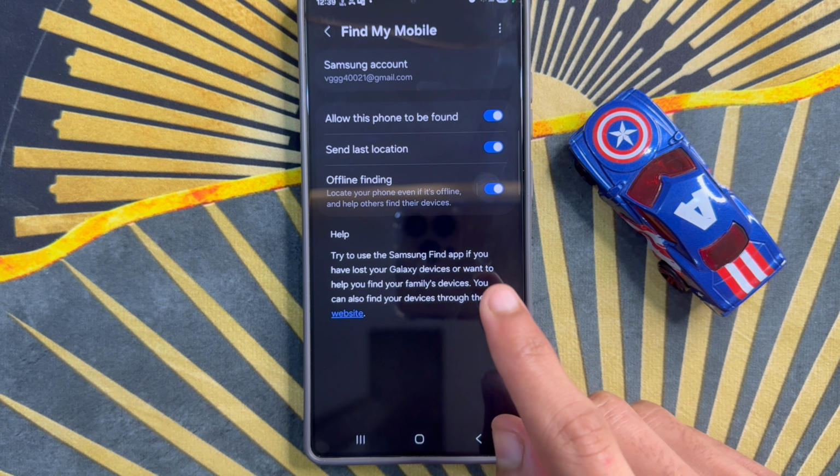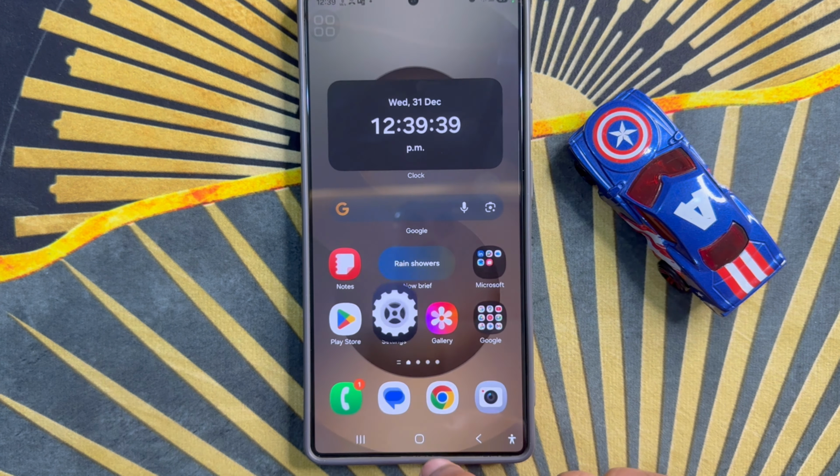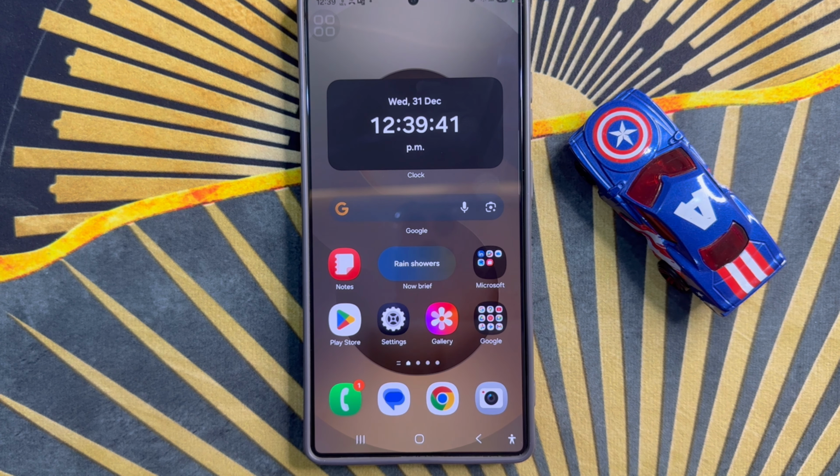So you will enable or disable Find My Mobile, Allow this phone to be found from here. So after the process, go back to home screen. So that's how you can enable or disable Find My Mobile, Allow this phone to be found on Samsung Galaxy